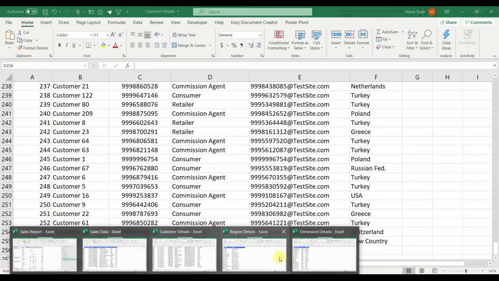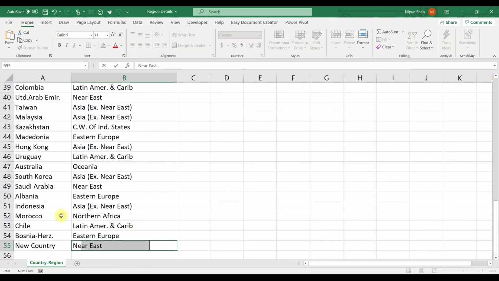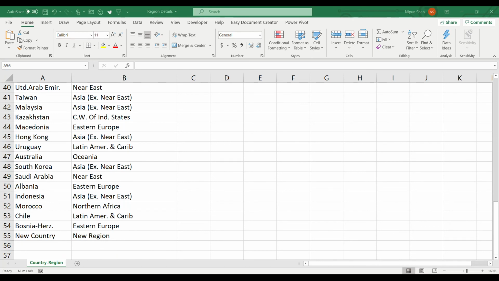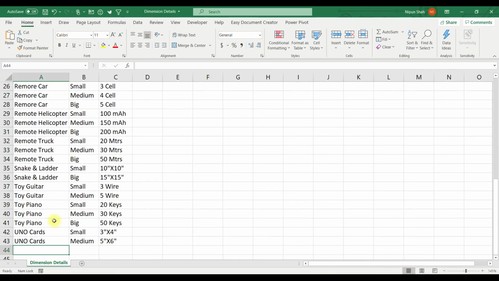Now I go to the region detail file. Here I add the new country and add the region. Now I go to the dimension file and add the dimensions for Checkers. Big, medium, small.